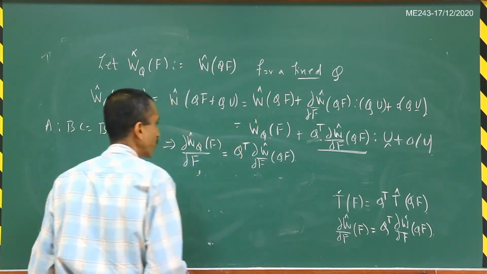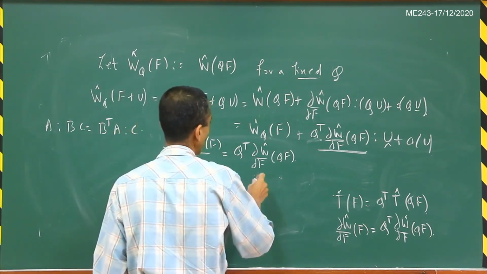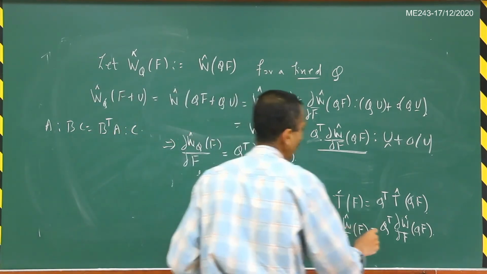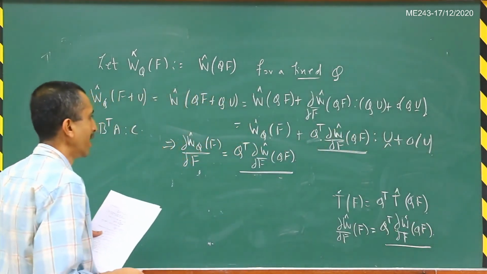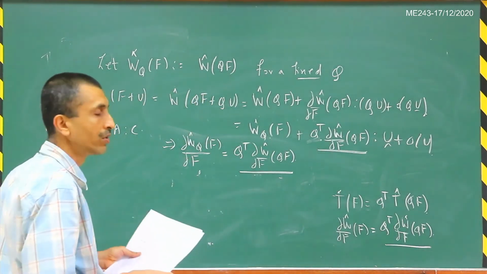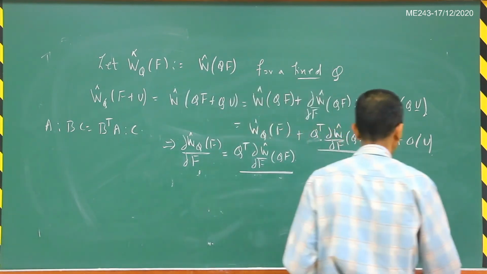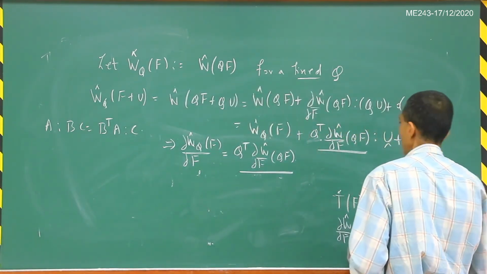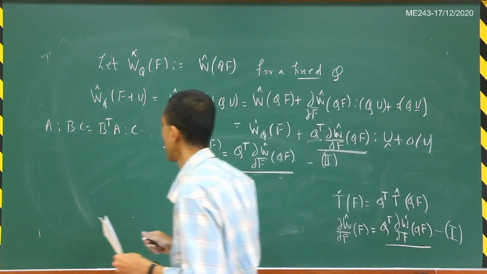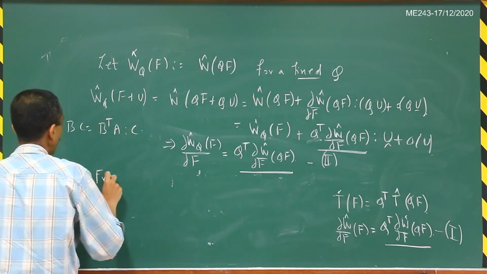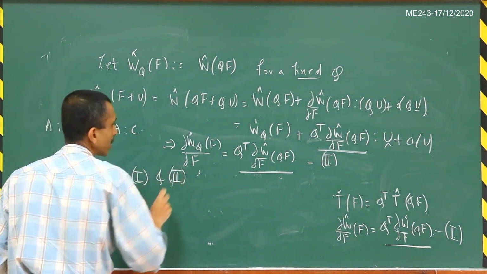You can see now that this term is the same as this particular term here, the Q transpose times del W by del F, and so the left hand sides also have to be the same. Let us call this 1 and this 2. So from 1 and 2 what we get is